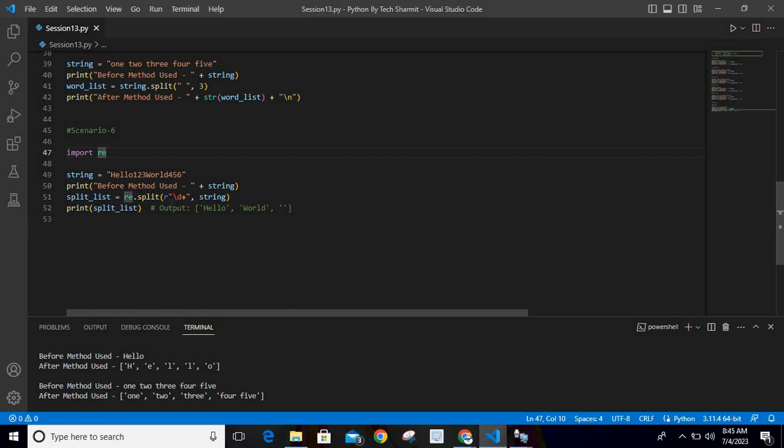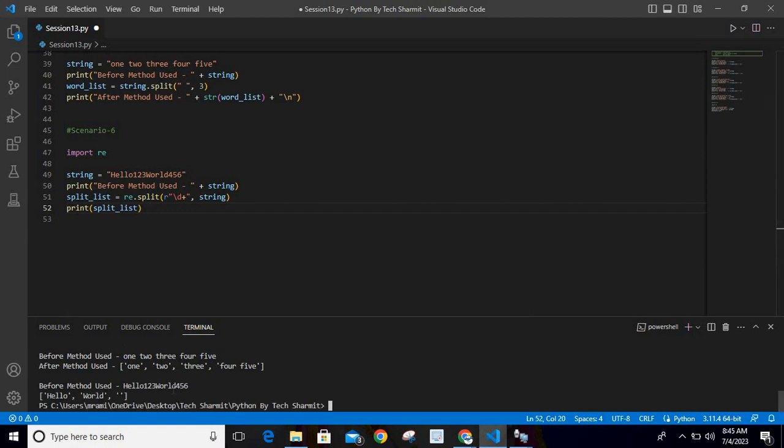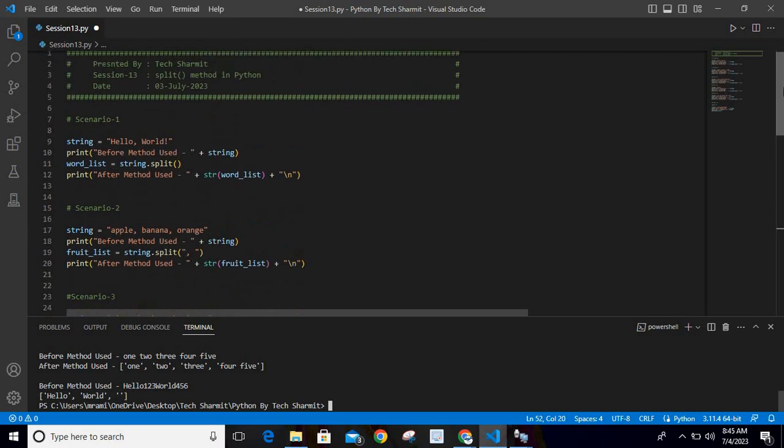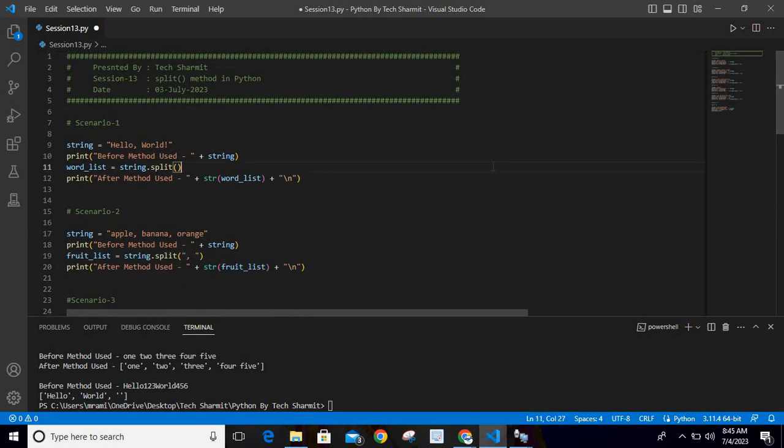The argument is r, and inside quotes I am passing \d+. Let me show you the output. If I do page down, you can see before method use it was hello 1 2 3 world 4 5 6, but after splitting according to the regular expression pattern, it becomes hello, world and a blank space. Okay, so these are the scenarios where we can utilize the split method in order to convert a string